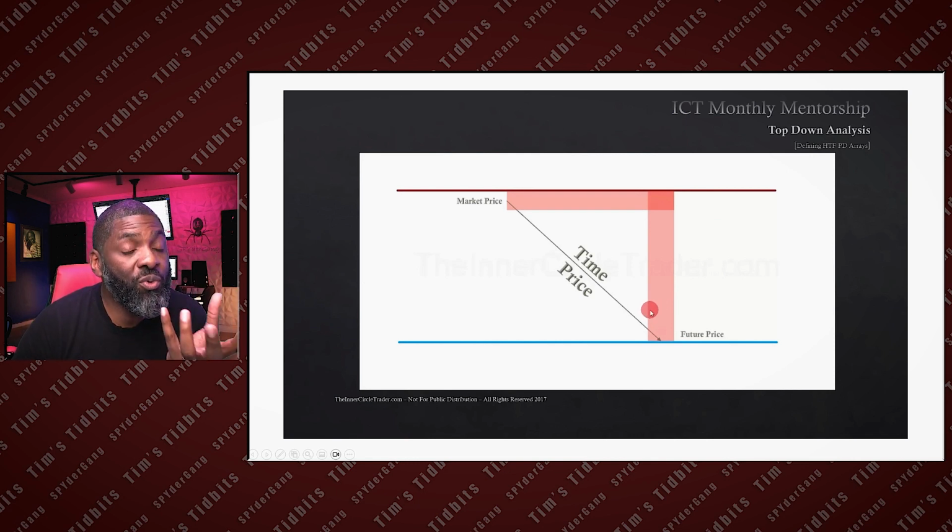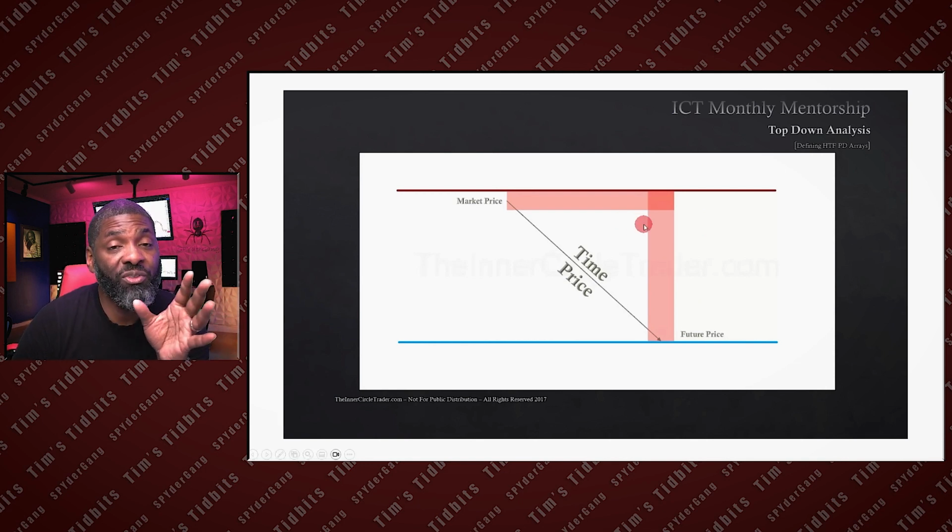You do not know how much time it's going to take for price to come to where you anticipate it going. You don't know how much time it's going to take for this to play out. So what do you do while it's playing out? You want to study the price at particular times to see if you're still on the right side of the market. Well, Tim, what are these times? ICT calls them kill zones. During these kill zones, you want to study price.